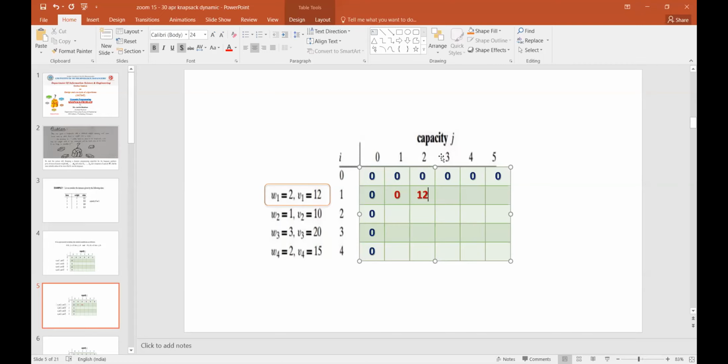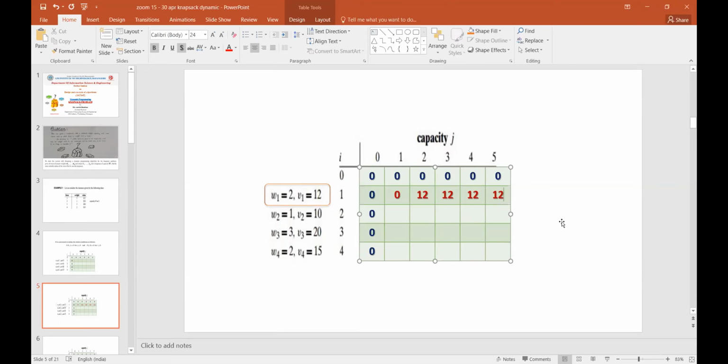Now if I increase the capacity of the knapsack to 3 kgs, how many objects am I having? Only one object, with weight 2. Even though the capacity is 3, I am not having any other objects in my hand. So what is the profit? I can only put that particular object, no other options. So the profit will be the same. Again, if the capacity increases, it is the same. If the capacity is 5, I am having only one object, so I can put that object with the same profit, that is 12.